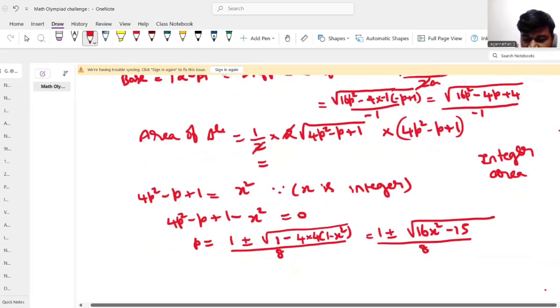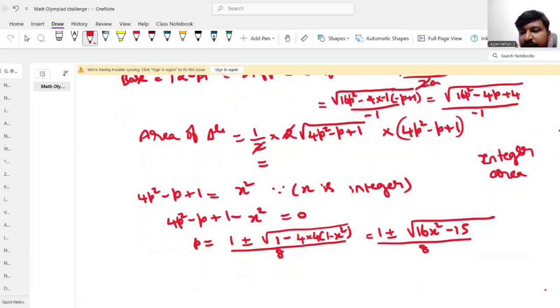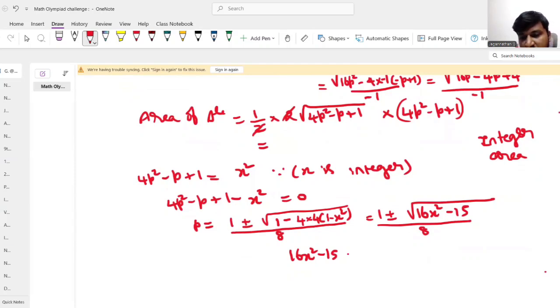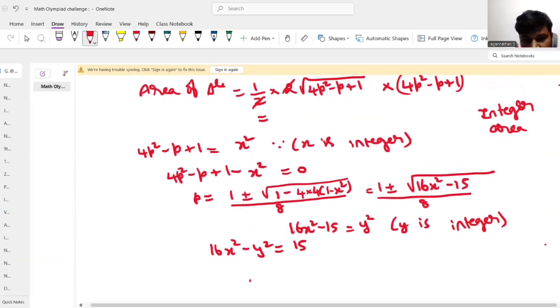So we can clearly understand the next step. The 16x square minus 15 should be a perfect square again. Students will generally come till here and they get stuck because they think it goes step inside a step. But that's where the sum actually becomes victorious for us. It should be a perfect square again. So keep it as y square, where y is an integer. So 16x square minus y square equal to 15. So this is where a square minus b square type comes in, 4x plus y into 4x minus y equal